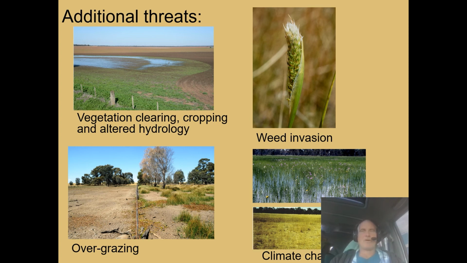So one of the remnant populations up near Murrabit was destroyed in the last 10 years. It was probably inadvertently destroyed by the landholder. It was on private land. Weed invasion on these kinds of soil types can be quite a bad thing if the sites are disturbed. Overgrazing and climate change are also threats, obviously, being a wetland plant, and most of the wetlands it grows in need good winter rainfall to fill up the cracks in the clay and to flood. So if we get more summer rain and less winter rain, that's not going to be great for this